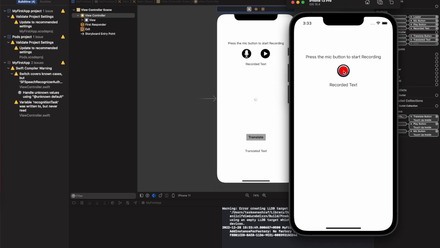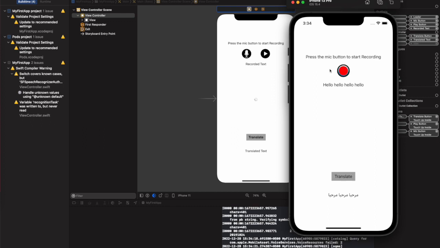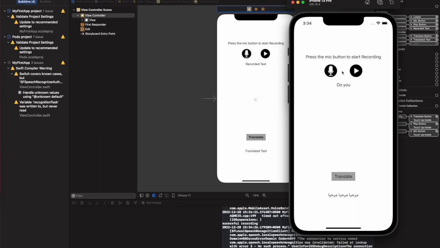Hello, hello. مرحبا مرحبا مرحبا. Do you like this program? هل تحب هذا البرنامج؟